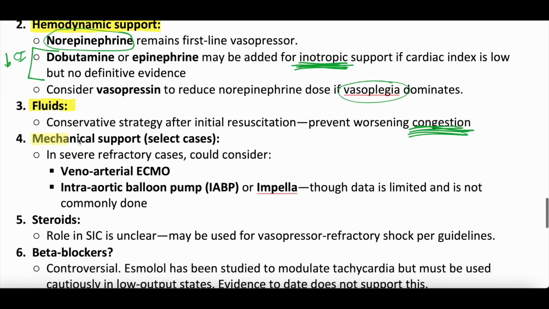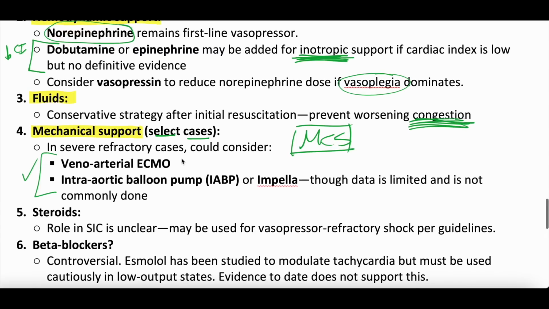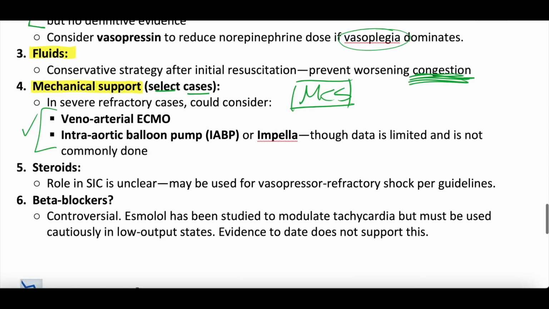And then this is not something commonly done, but these patients can, in select cases, be candidates for mechanical circulatory support, MCS. Again, we've talked on this channel about ECMO, we've talked about intra-aortic balloon pumps, and all that kind of stuff. Data is limited on the efficacy of these things, not commonly done, but they are done sometimes, and there's probably a future where they're used more commonly. So mechanical circulatory support is the end stage of support that you can provide these patients if your institution has them and does agree to cannulate and put these patients on pumps.